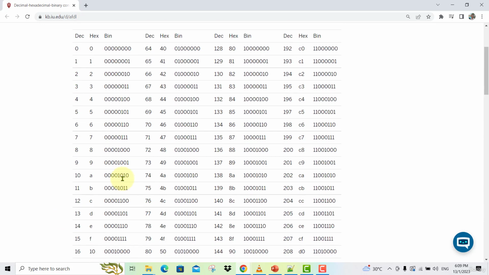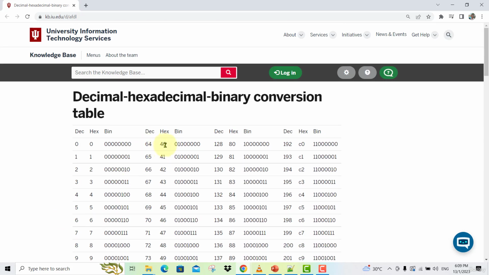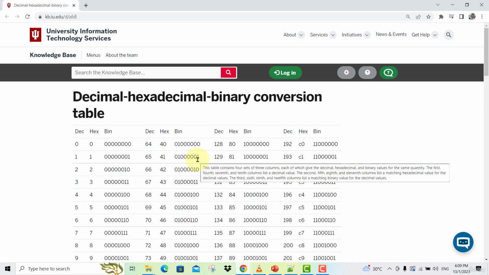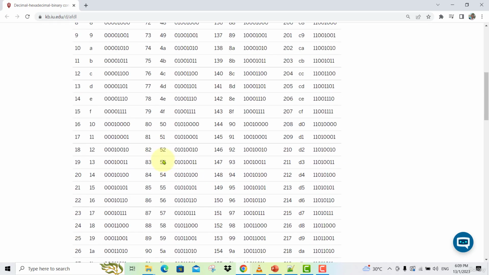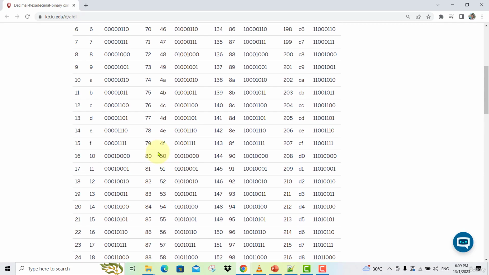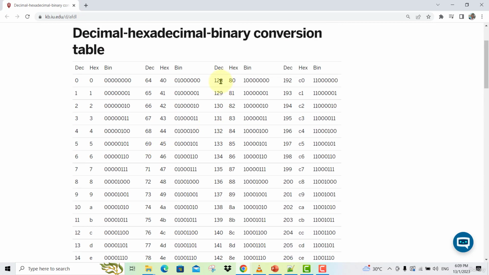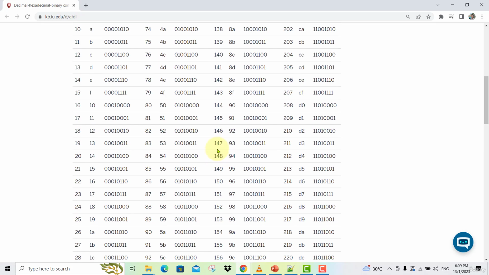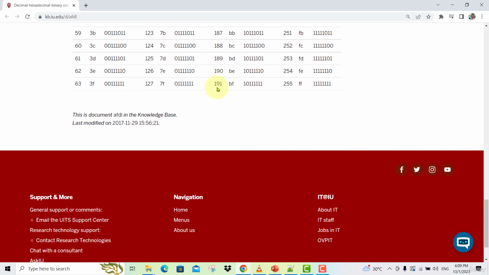It continues here, 64, and then in hex is 40, in binary is 1 followed by these 6 zeros. And then 65 is hex 41, and binary is 1 followed by 5 zeros and 1 1. So this can go on like this all the way to 127, and then continue here 128. Decimal 128, hex is 80, binary is 1 followed by 7 zeros,